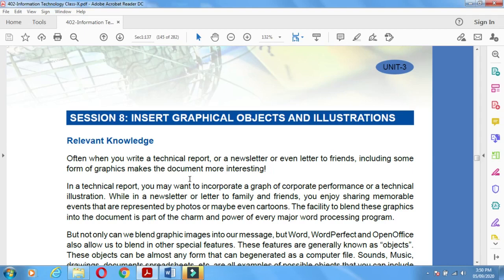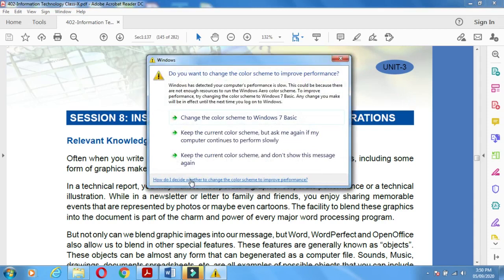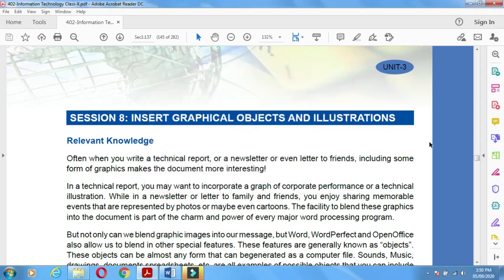If you are a businessman, you can incorporate some graphs in your business report. If you are writing a report on your family, you can include some memorable photos in it. For that purpose, you can use Word and add some graphic objects, and how you can add these things we are going to learn now.